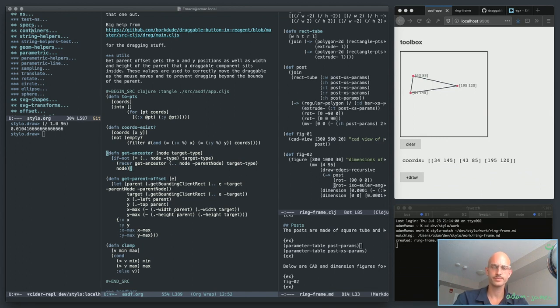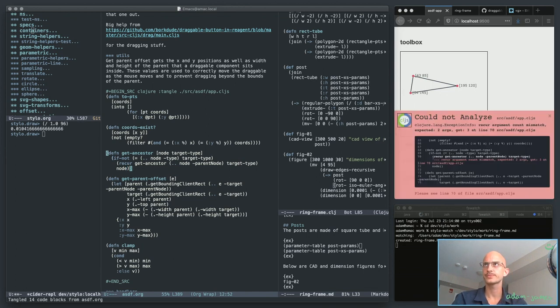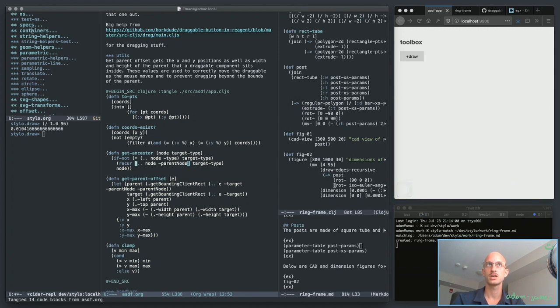Is this gonna work? Find out. Okay. Recur argument mismatch. Oh, okay. Of course, I'm doing that incorrectly. Okay, let's save that. Right. So let me get this back to what I had before. Okay. So let me comment that out so it's still there just in case this doesn't work the way I think. Get ancestor,